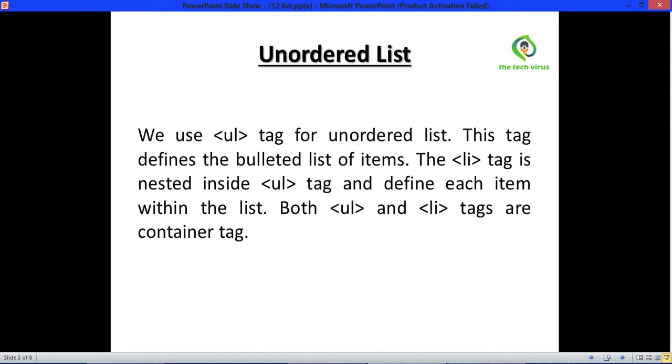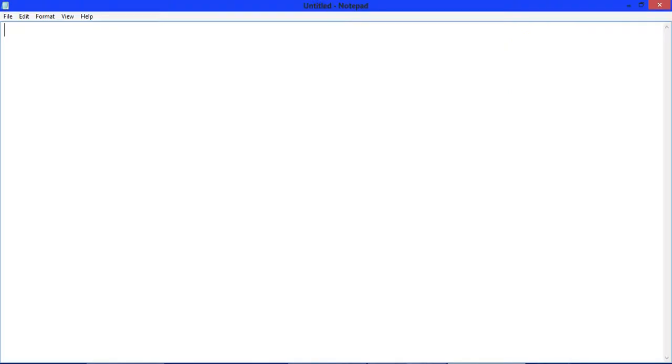Now open your text editor and write some code. Write html, head, title, then write list here, close title tag, close head tag.